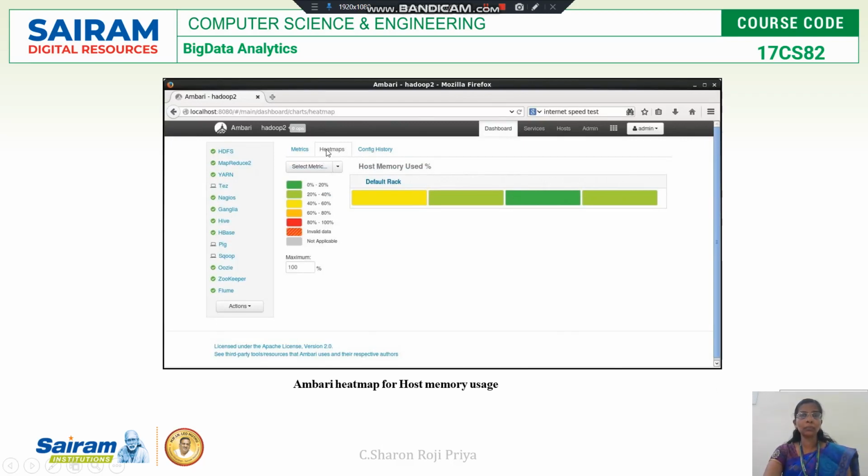What is the heat map tab? It gives the graphical representation of overall cluster usage in simple color coding. Each colored block represents a host.